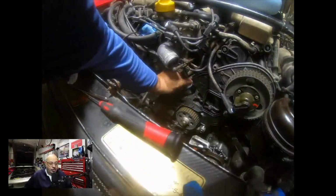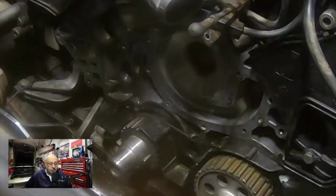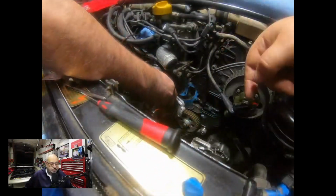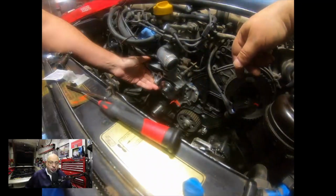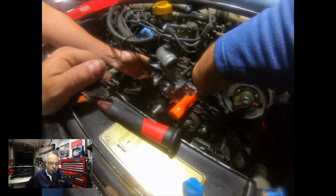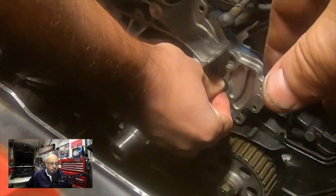So sure enough, we wiped down the seal again with an alcohol swab. Luckily, we didn't tighten down the other bolts yet, so the gasket is still good. Put that back on. Carefully put the water pump in place. The new water pump in place, that is. And now, before doing all of the other bolts, the trouble bolt we put into place